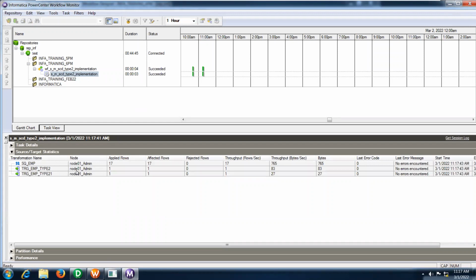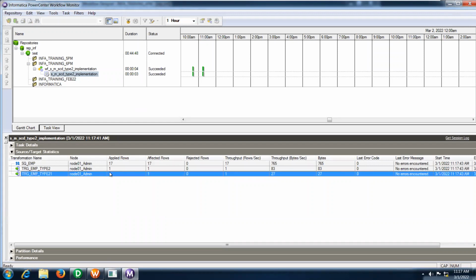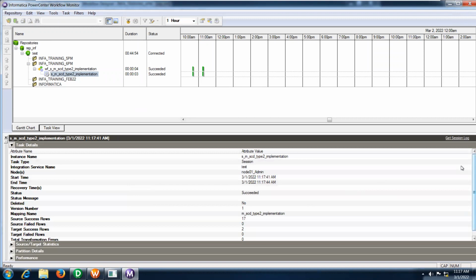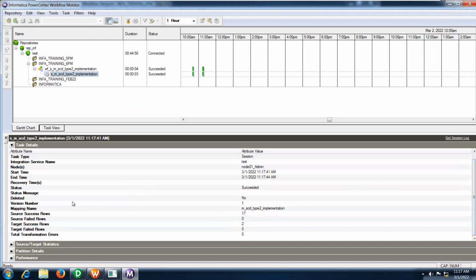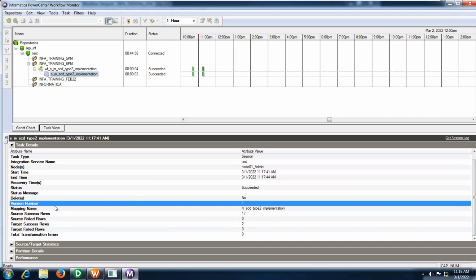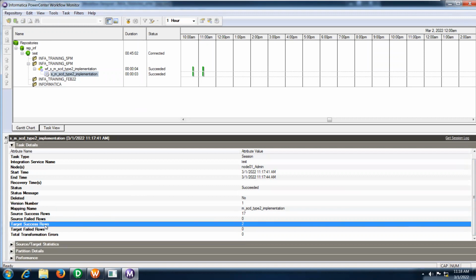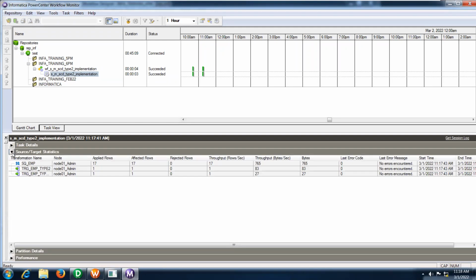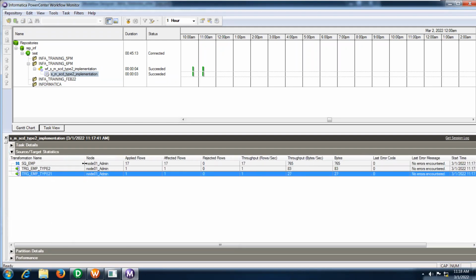See, there is an update that happened, one record, right? If you want, you can see here also. Target success rows. What does it mean?